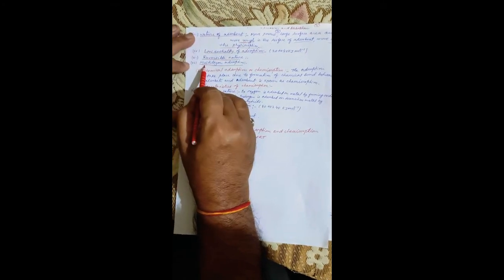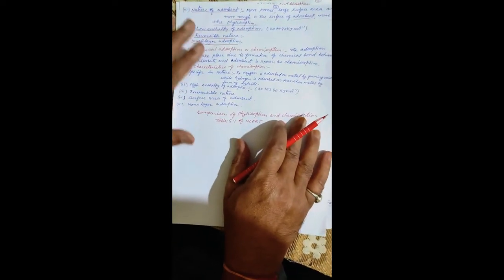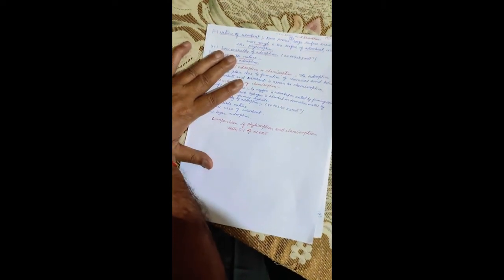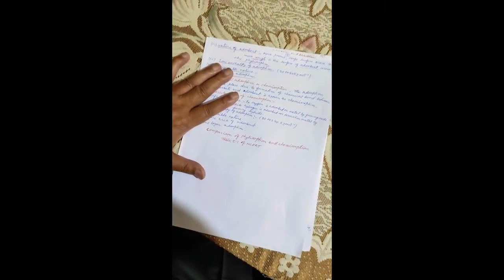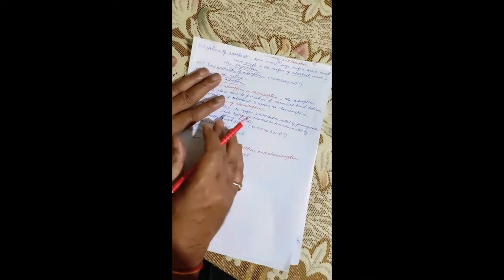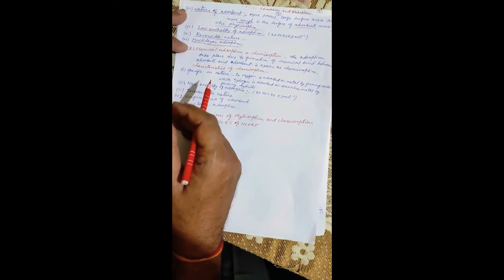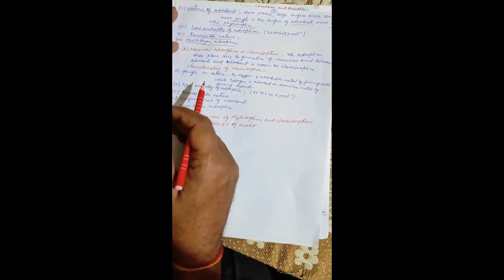The sixth point is multi-layer adsorption. Now see, in physisorption, the adsorption is multi-layer. Suppose on charcoal, any gas is adsorbed. So above that gas, some layer is formed. Above that, some more layer is formed. So it is a multi-layer adsorption because there is no any kind of chemical bond formation. There is only intermolecular force of attraction.